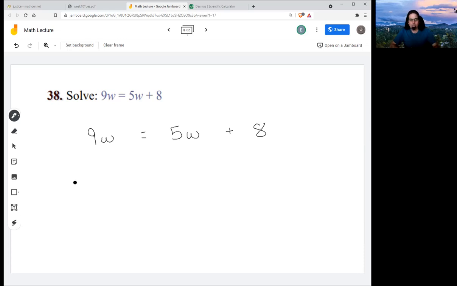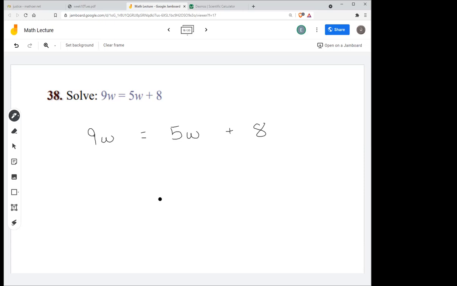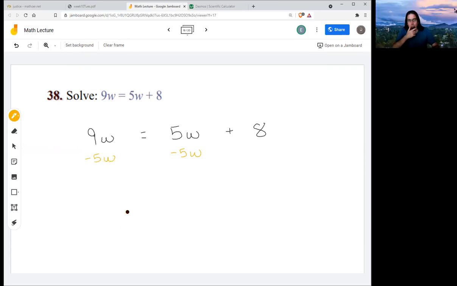I want an equation that's just something times W is a number. So what can I do so only one side has W's? Any ideas? Can you subtract 5W? I can't. So what starts with W? Watermelons. So we're saying that